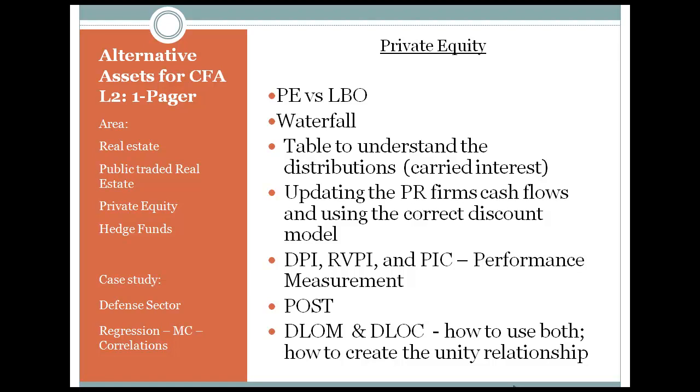Applying waterfall method. Let's look at that. Suppose a fund has a committed capital of 100 million and a carried interest of 20%. An investment of 40 million is made later on this year. The fund exits the investment and earns a profit of 22 million. Determine whether GP received any carried interest under the 3 distribution waterfall methods. So in deal by deal basis, the carried interest should be 20% of the profit that you made.